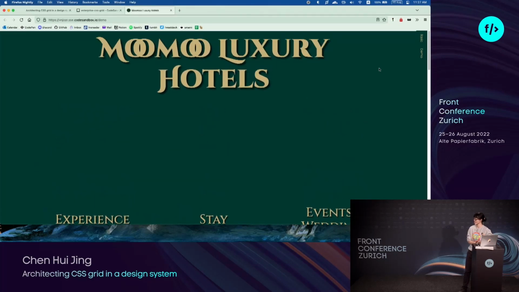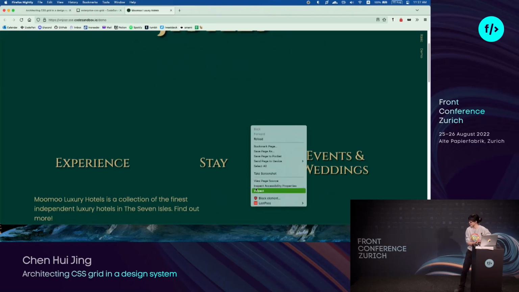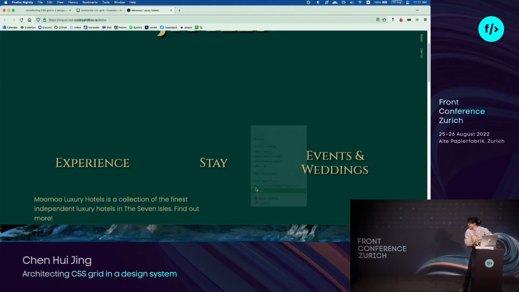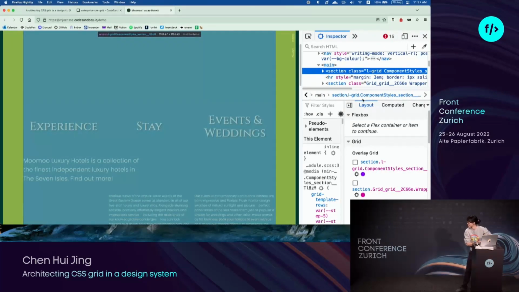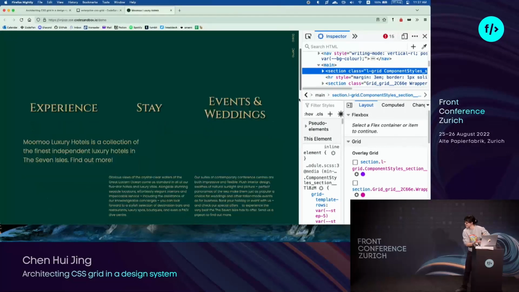The image is not loading. I'm very sad. But there was an image here. I need better glasses is what I need. So if you turn on the grid inspector, I can't even see my cursor. This is so sad.